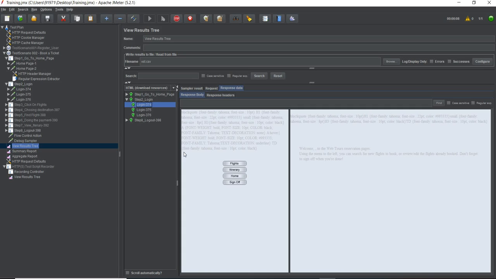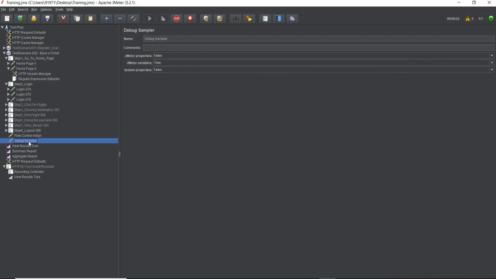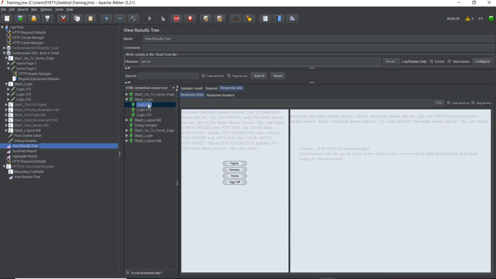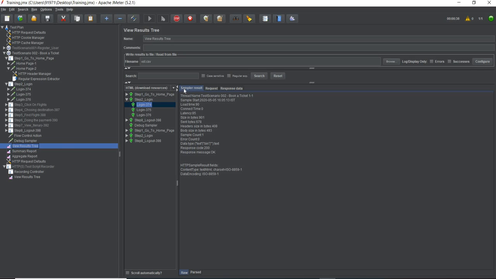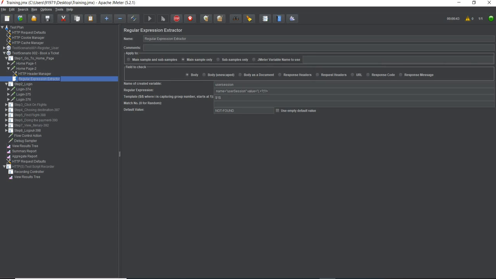Okay, so now I am able to log in. Let's see the debug sampler. So you understand the importance of debug sampler. The debug sampler is important to make sure what value is extracted and what value is passed. I cannot look anywhere else to make sure what exactly is passed. We can even see it in the request part, but it is difficult to make sure what exactly the values are. And again, there is a concept called template. We will discuss this concept in our next chapter.